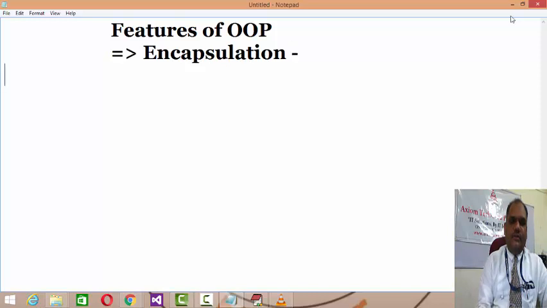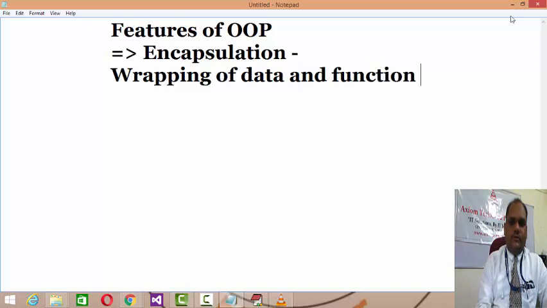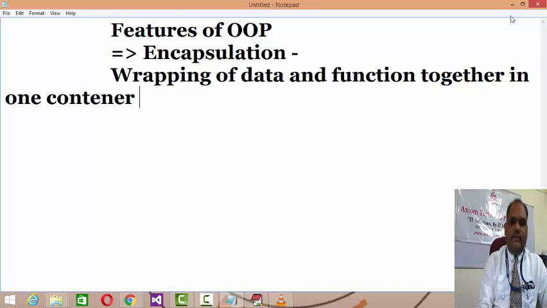Encapsulation means wrapping of data and functions together in one container, that is a class, right? So in this manner we can provide data security,